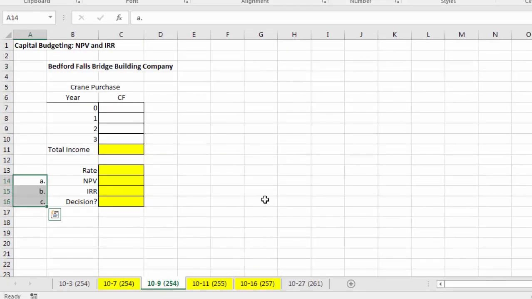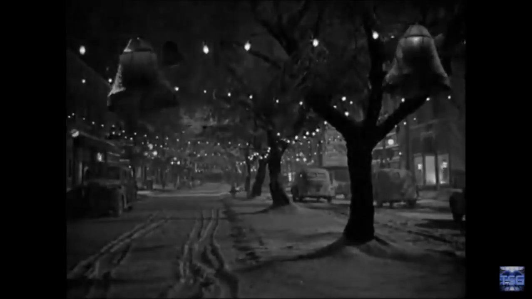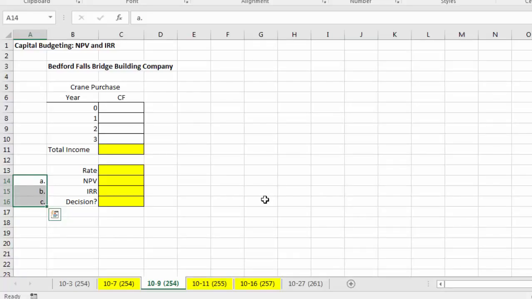Okay, so moving along now and getting into the more sophisticated and really better methods, which are net present value and internal rate of return. Problem 10.9, it says the Bedford Falls Bridge Building Company is considering the purchase of a new crane. George Bailey, the new manager, has had some past management experience while he was the chief financial officer of the local savings and loan. The cost of the crane is